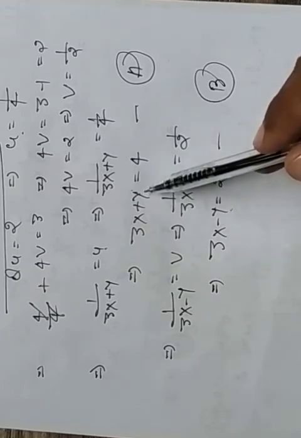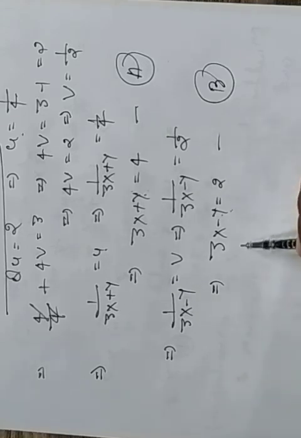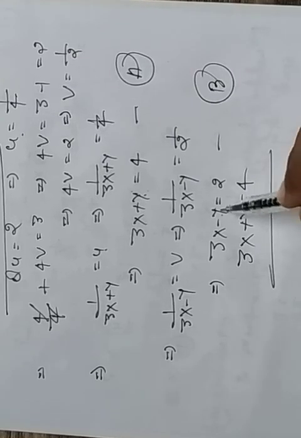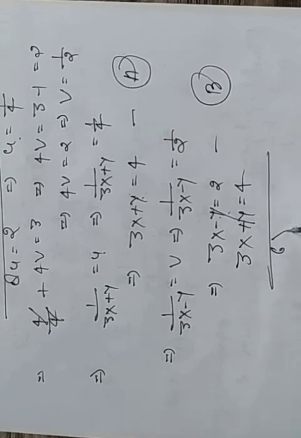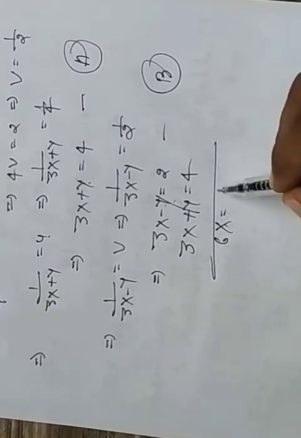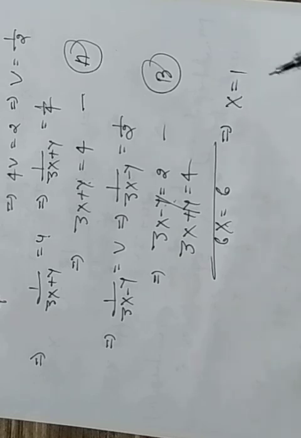Now see, compare both equations and then solve. So see, coefficient of y is what? Coefficient of y is 1 here, and coefficient of y is also 1 here, and signs are opposite. Now we can write both equations together. Write 3x plus y is equal to 4, plus minus cancel, plus minus cancel, we are getting what? 6x, 3x plus 3x, 6x is equal to 6, implies x will come 1.